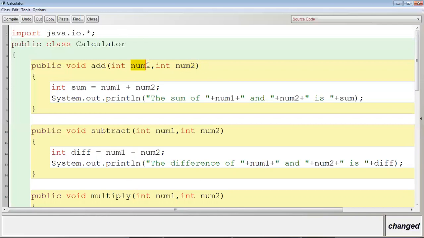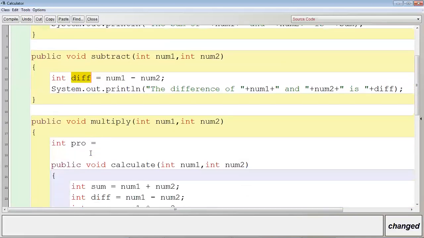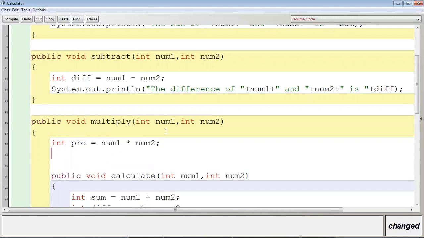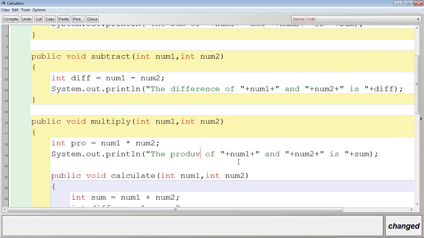Anybody can say that num1 is the first number and num2 is the second number. Sum is the variable which stores the sum, diff is the variable which stores the difference, and in the same way, pro is the variable which will store the product. So num1 into num2. The product of num1 and num2 is pro. Clear?